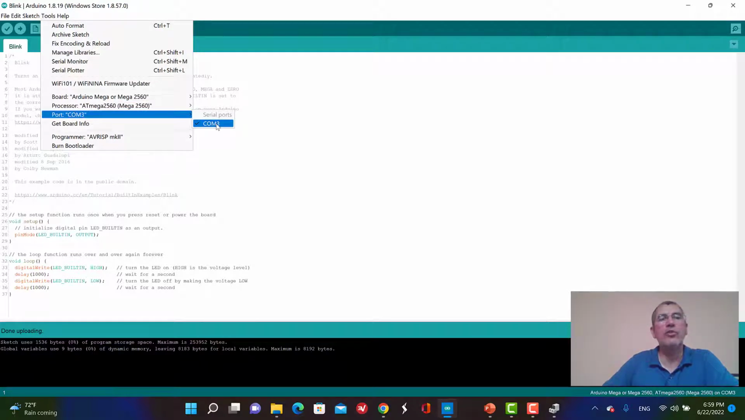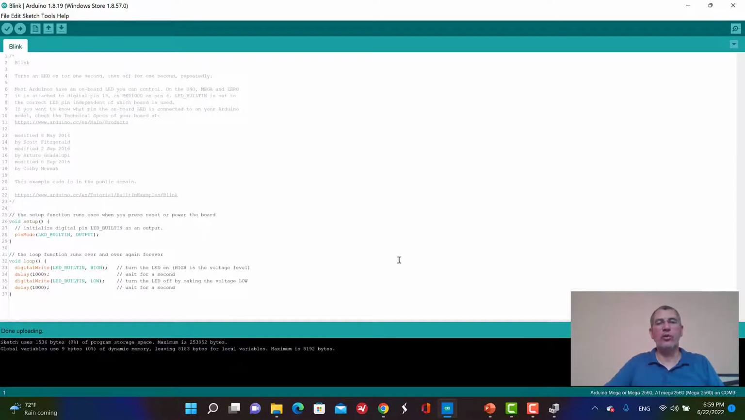So that's good. Sometimes your device is connected to too many ports. Just make sure you connect the right one. So once this is done, you want to basically verify your code. So this check mark button here, you click on it,